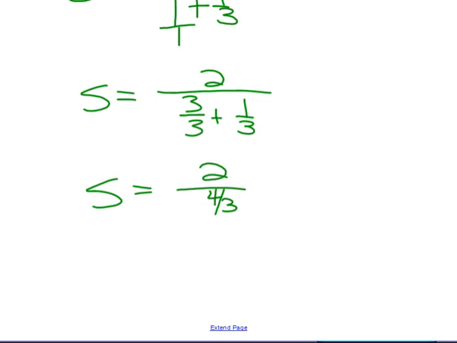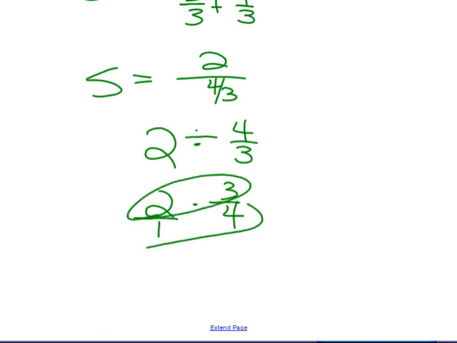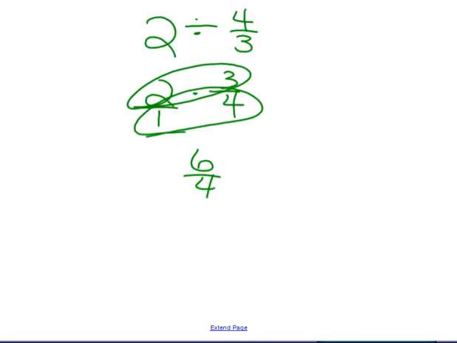So I'm going to rewrite that. So I have 2 divided by 4 over 3. Change it to a multiplication problem by flipping the second fraction. So now I need 2 fractions, so put a 1 underneath the 2. Multiply the tops, multiply the bottoms. You have 6 over 4, which will need to be reduced. The sum is equal to